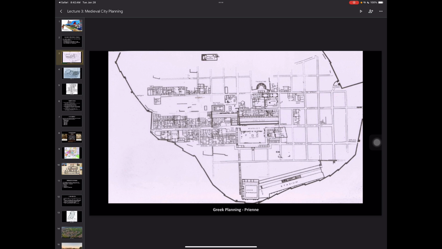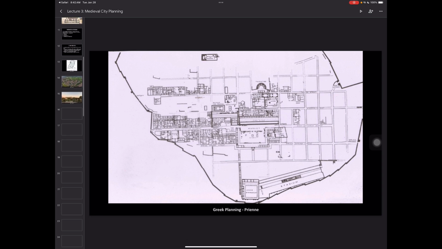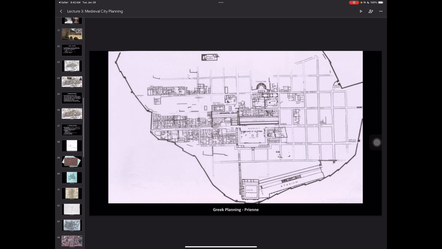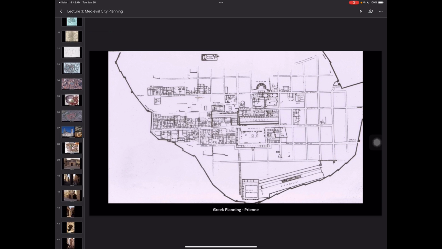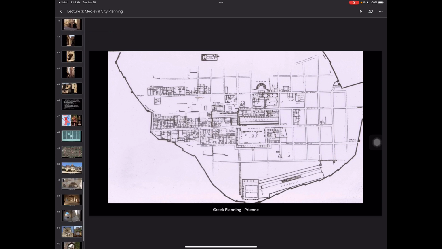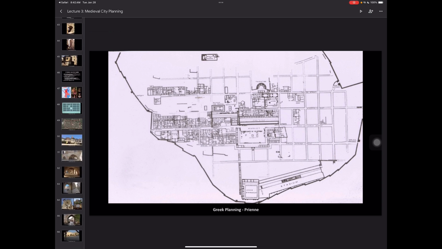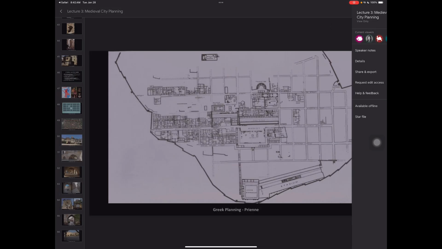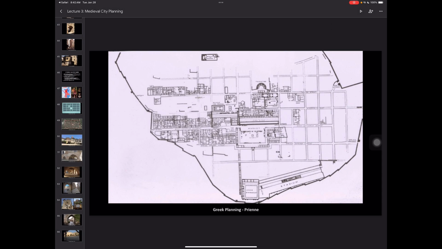By reading this plan, we know that we have our stadium down here, and remember, the Romans tended to use colosseums a little bit more, and if they did have a stadium, they would just put it in the center of the city. We also see that we have our temple all the way towards the top, which tells us that that is the Acropolis, the sacred ground that is raised above everything else.